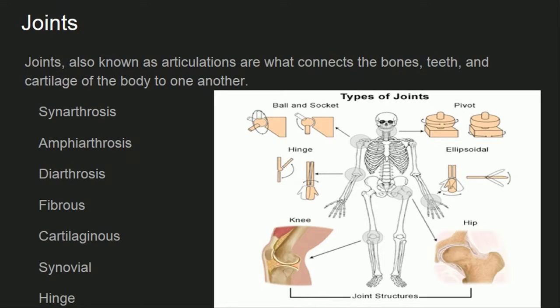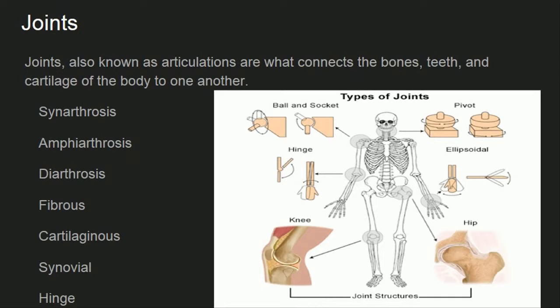Cartilaginous joints are made of cartilage that binds bones together. The synovial joint is a fluid-filled space between smooth cartilage pads at the end of articulating bones. Hinge joints are located in the ankle, elbow and knee. They are formed between two or more bones where the bones can only move along one axis to flex or